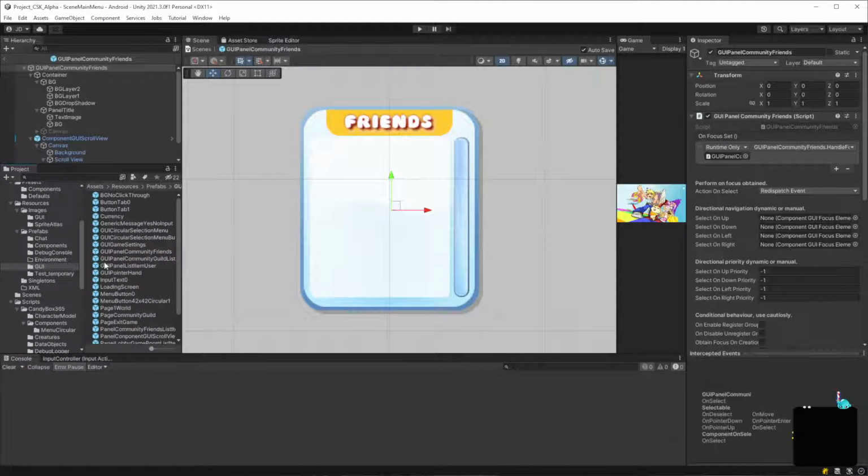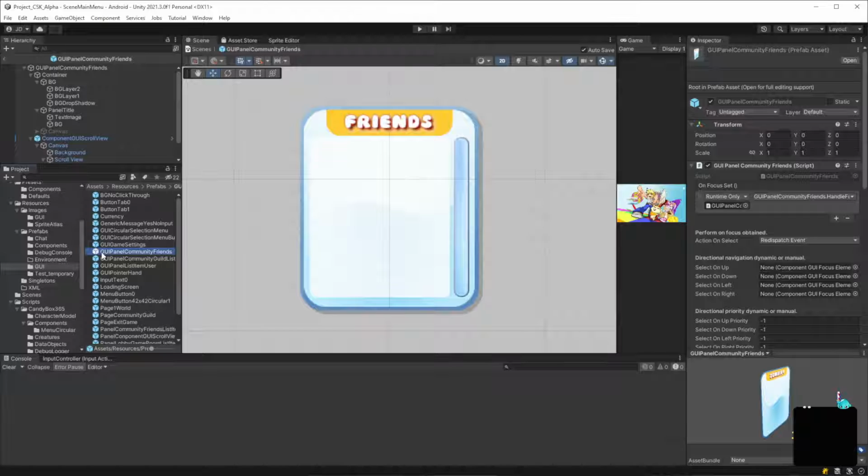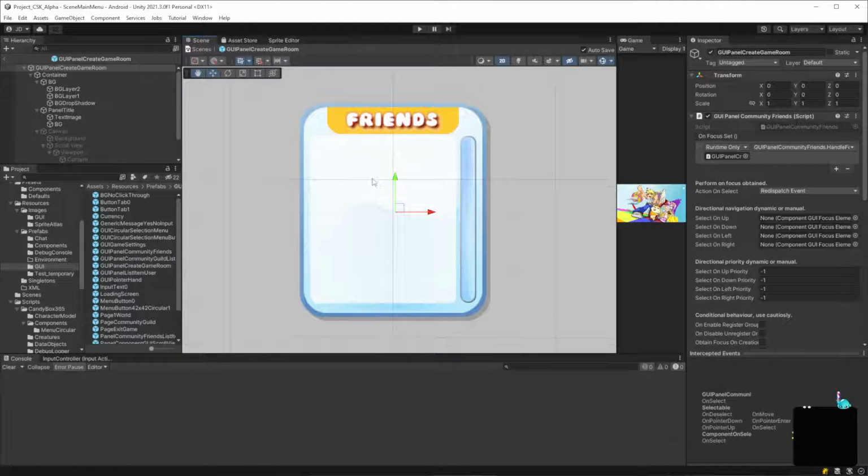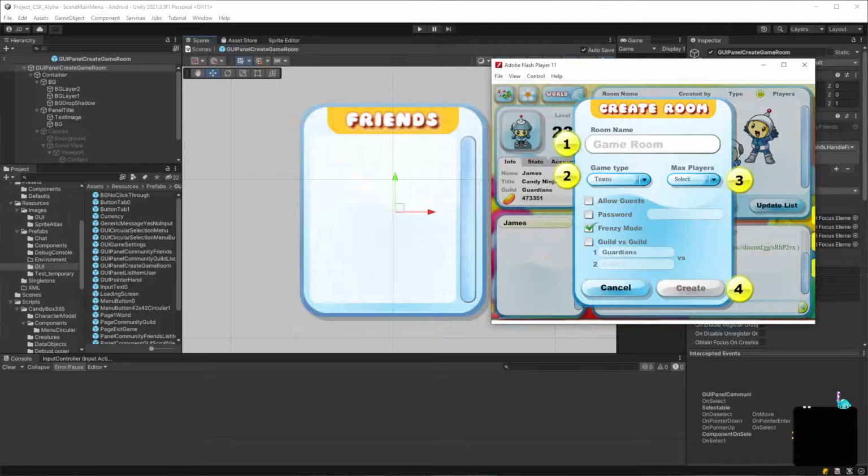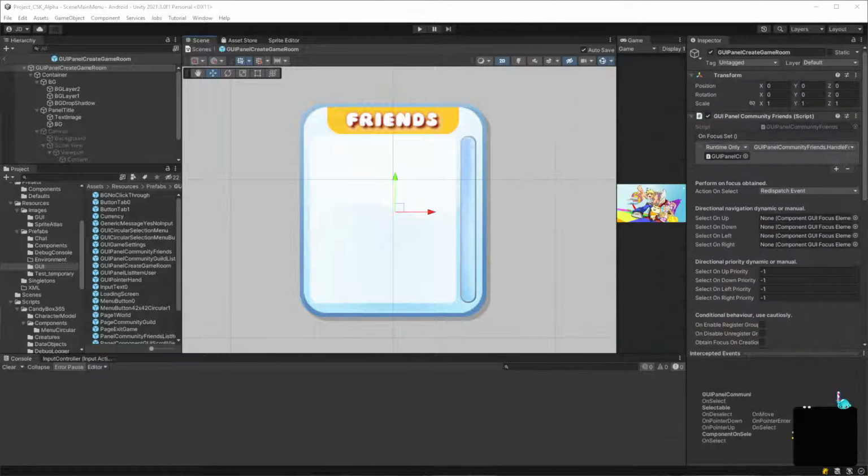Yeah. So what I'll do is I'll just take this, press Control D to duplicate it, F2, and let's rename it. So this will be GUI panel create game room. Let's go into it. All right, so I'll have the other one pretty much side by side. I'm just gonna move it over a little bit just so I can see it.